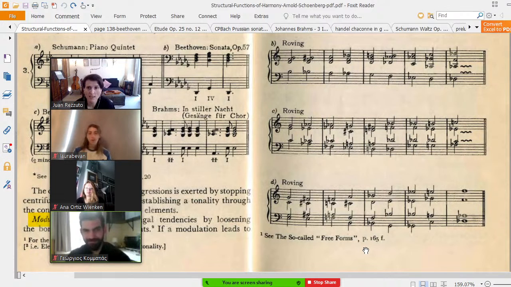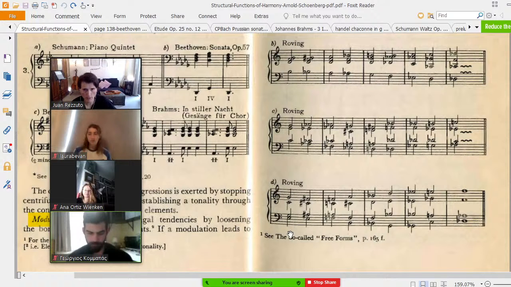Exactly. We can analyze every chord. We can find some things, but it is extremely hard, unless maybe at the end. But all of this didn't have a very clear function. That's why it's not a progression. Yes, he uses voice leading, that for sure, but not a clear function.